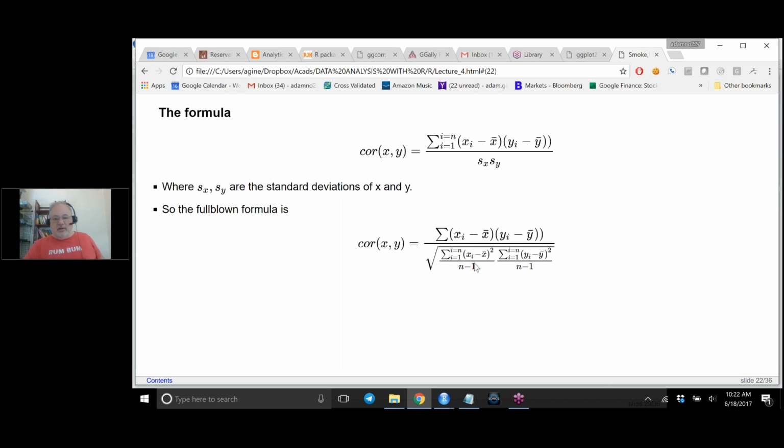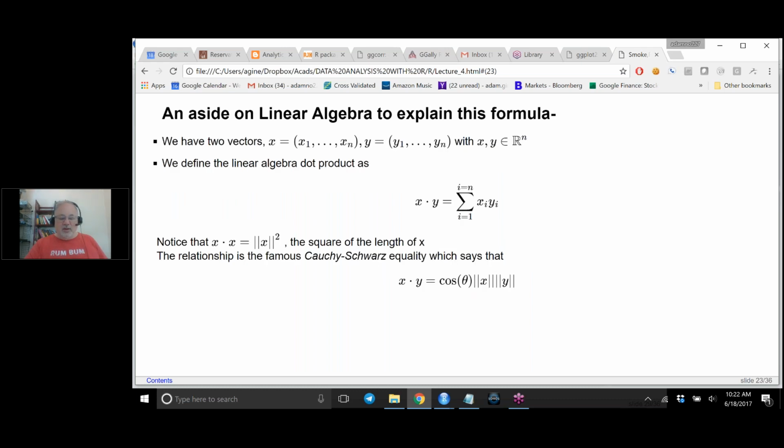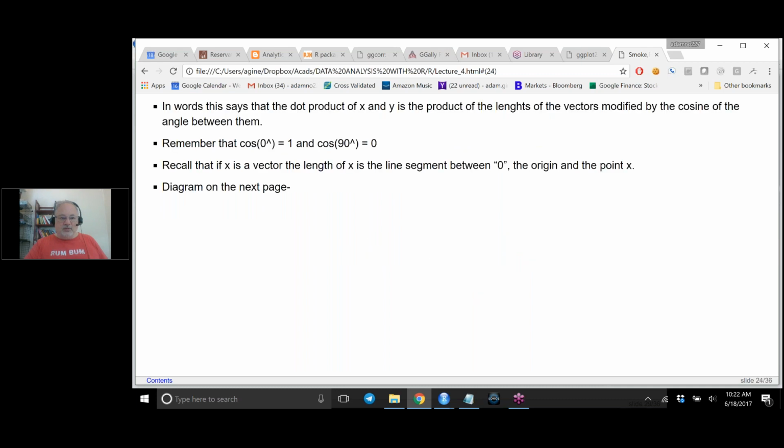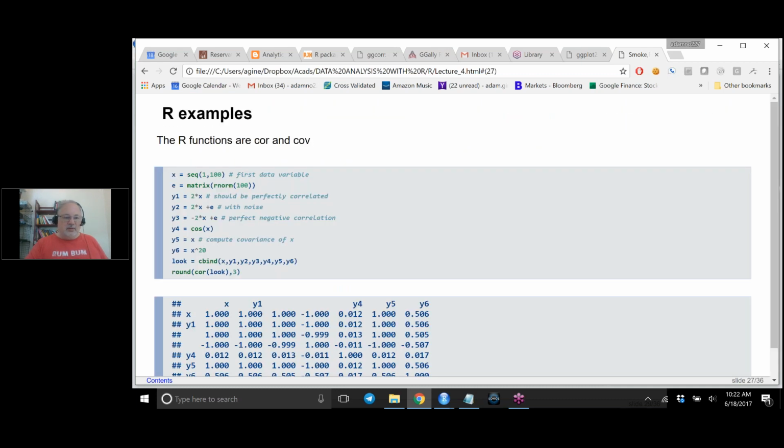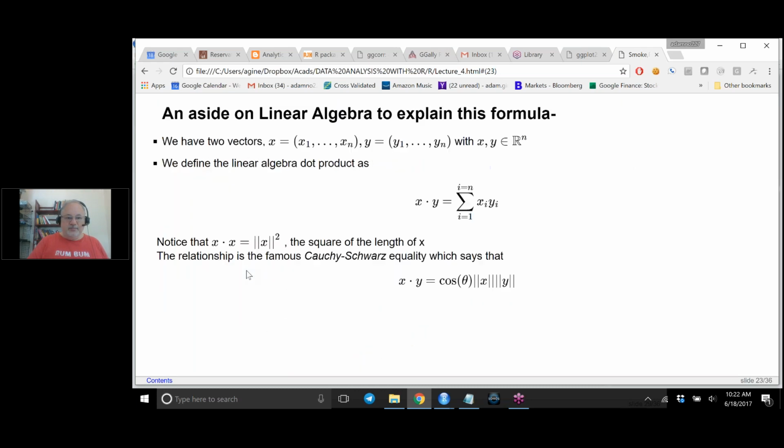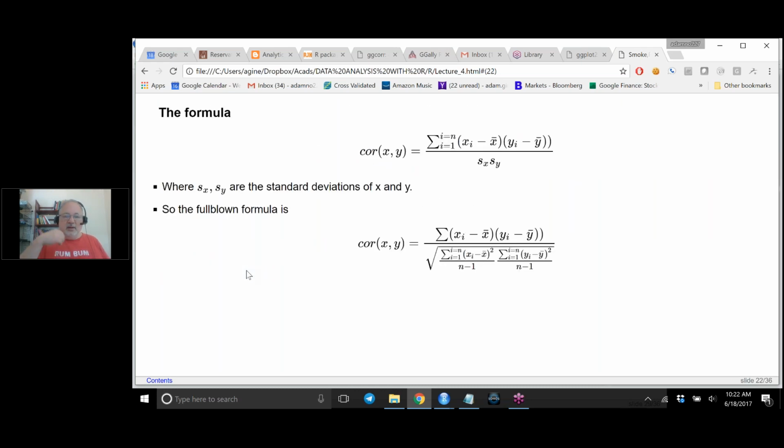Now, of course, you're never going to have to do that by hand. R will do that for you. Let me just skip ahead for a second. The command is cor, C-O-R. But this is a very complicated and nasty formula, but it's really saying something pretty simple about the relationship in x and y,